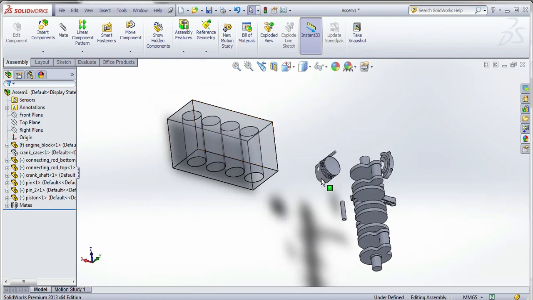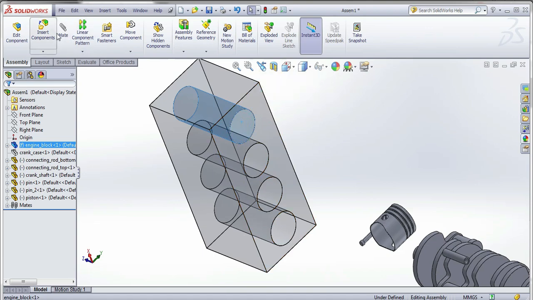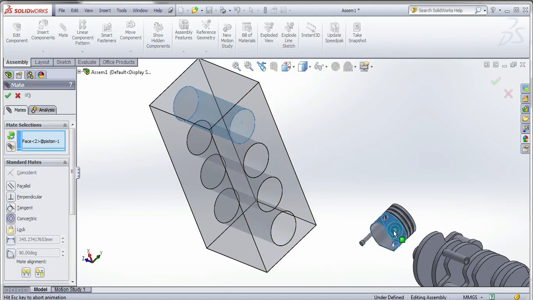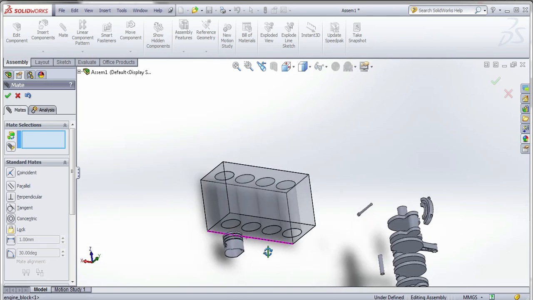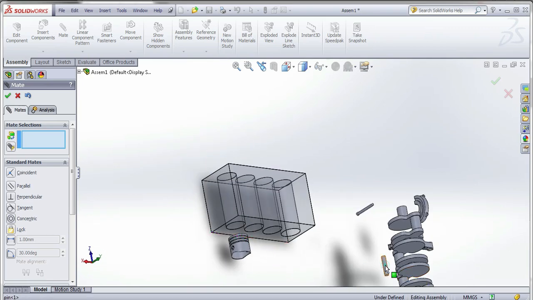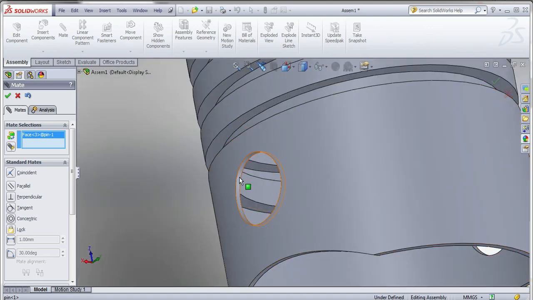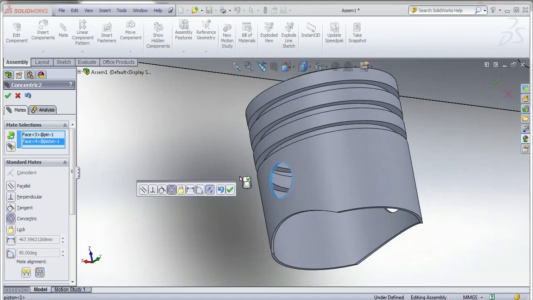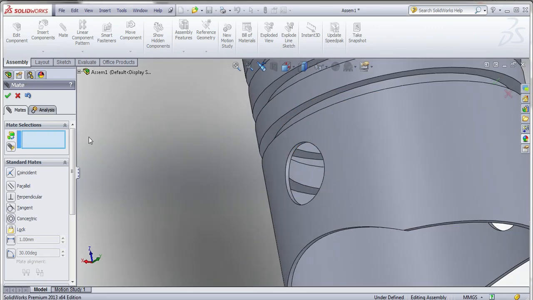Now going to assemble. Select the mate. Piston concentricity. And then select the gudgeon pin. Now we can change the gudgeon pin is locating on some projection. That is what